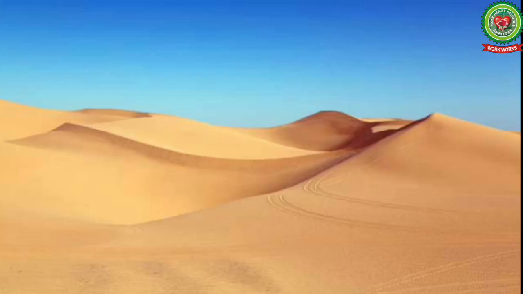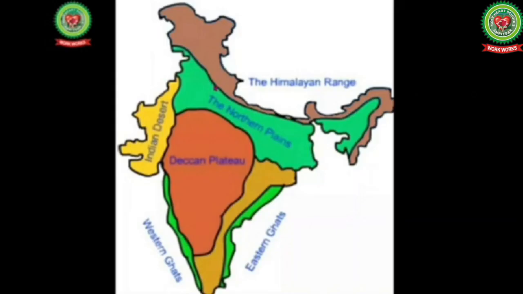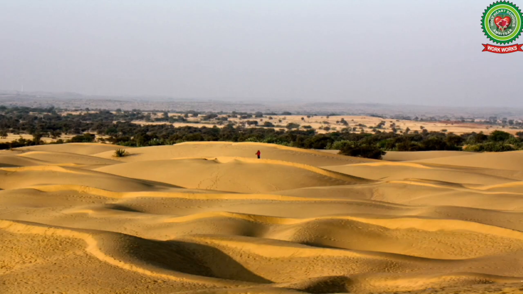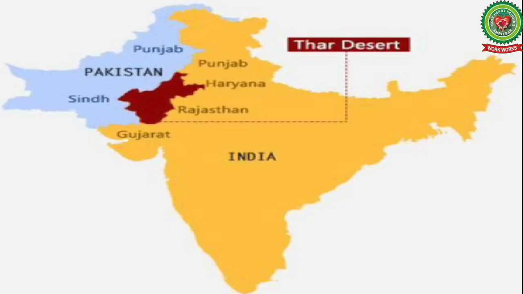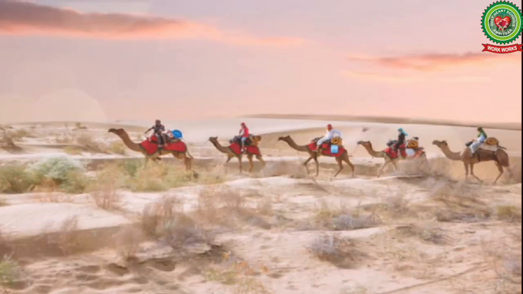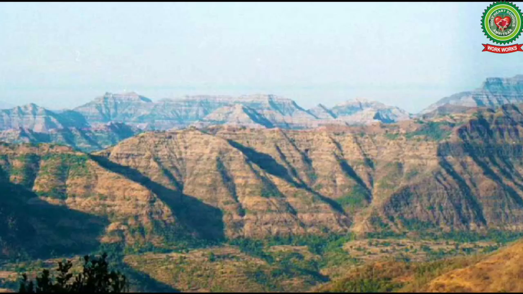So the next we will discuss about the great Indian desert, and this we will show with yellow color, as you can see in the picture. So students, a desert is a flat area covered with sand. The Great Indian Desert or the Thar Desert extends from the Aravalli Hills to the border of Pakistan in the west and from the Rann of Kutch in the southwest to the border of Haryana. And their summers are very hot and winters are very cold. And no permanent river is there.